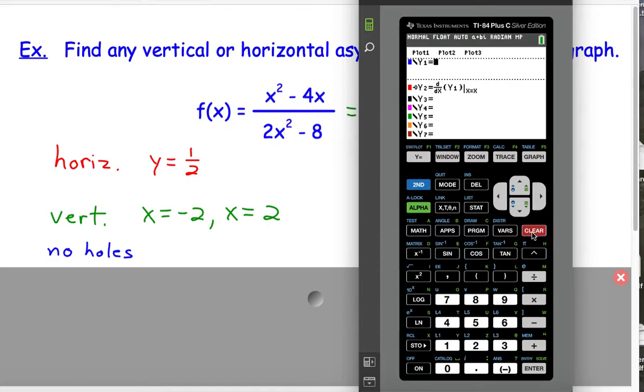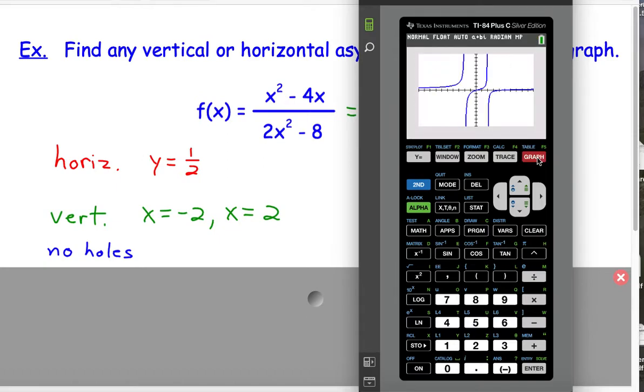Although we could do a crude sketch by hand if we really needed to. x squared minus 4x divided by 2x squared minus 8. Make sure we typed it in there correctly, looks good, and graph. And sure enough,